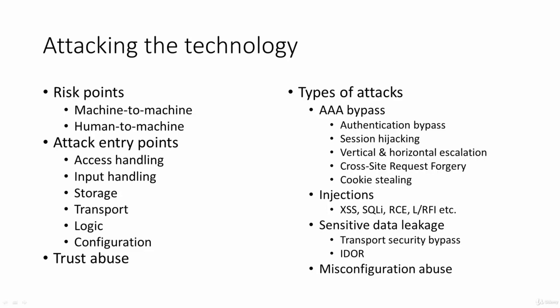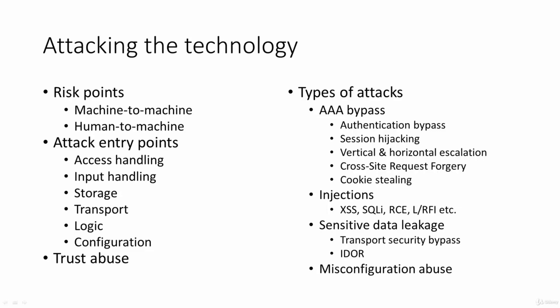And horizontal means that you just got maybe the same level of permissions, but in a different context. For example, you got the data that is not yours. So you have an ability to perform the same operations as you can over your account, but over some other account, some other user's information and functionality.